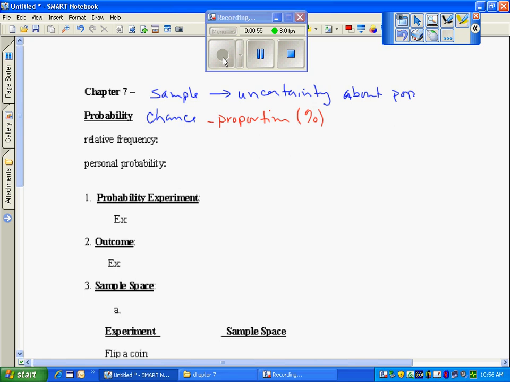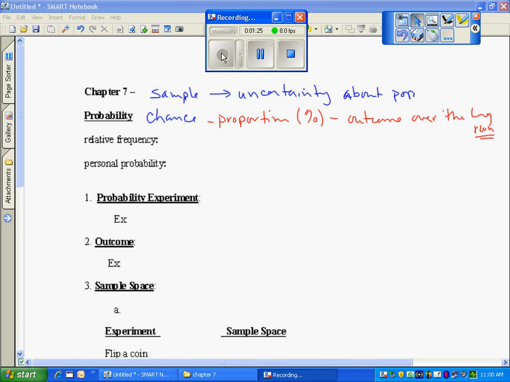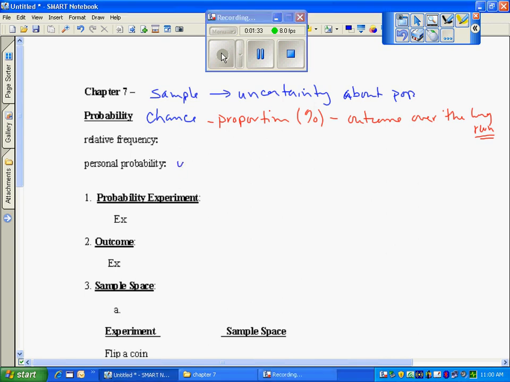And when we look at chance here, or probability, what we're focusing on is the percent. In other words, the outcome that we're going to get over the long run. If I was to repeat this over and over in the long run, what percent of the time would I get a particular outcome? With probability, we have relative and we have personal probability. So relative probability is relative to the simulation that we're going to run, and personal probability is just all about